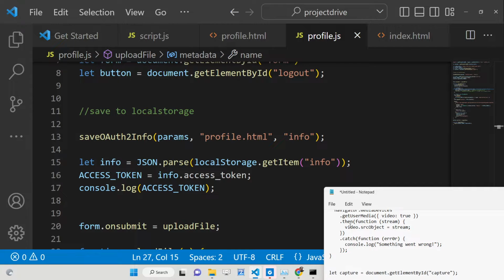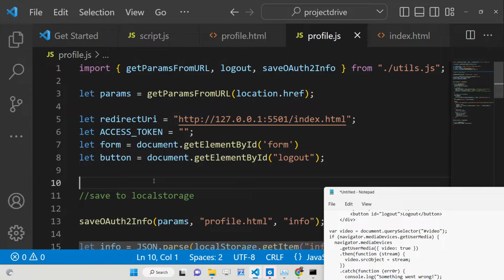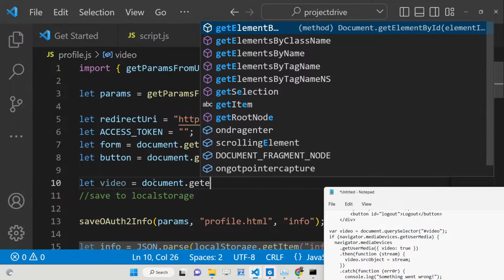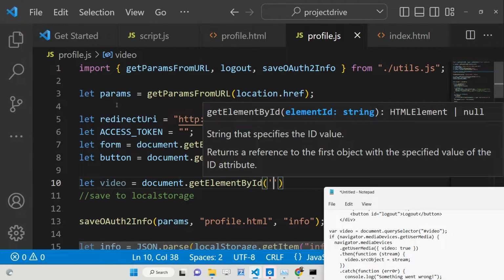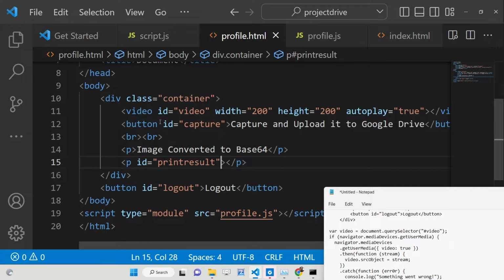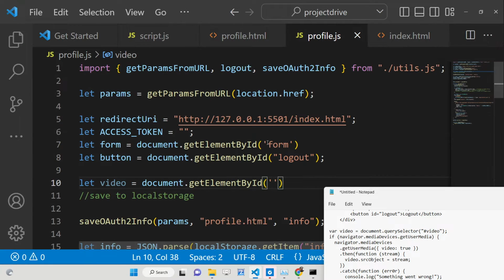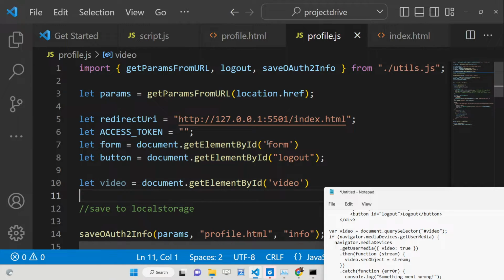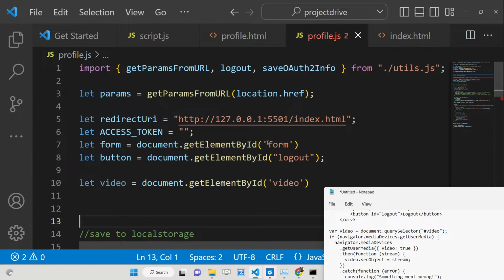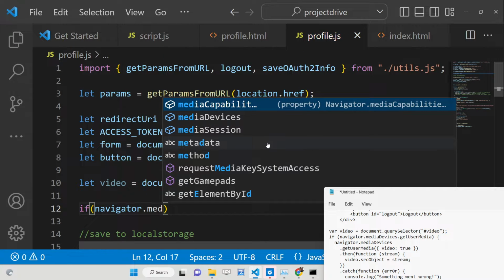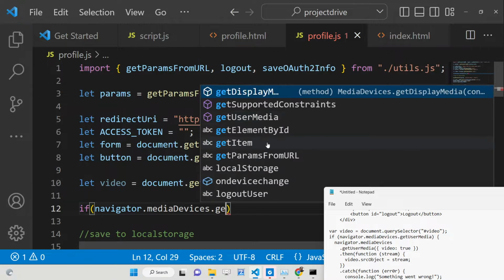So here we will be declaring a video element. Just declare video, and here we will be selecting the DOM element. We have given this video an ID, so we will pass this ID as well. And we will use the navigator API to get access to the user's web camera. So we will use an if condition here: if navigator.mediaDevices.getUserMedia,